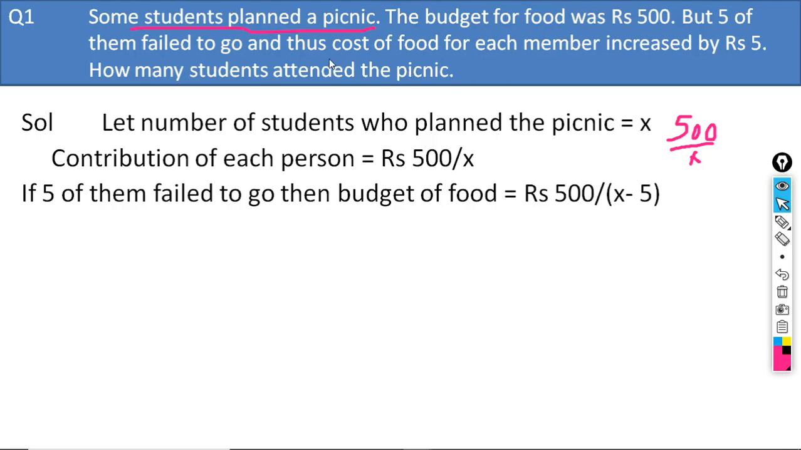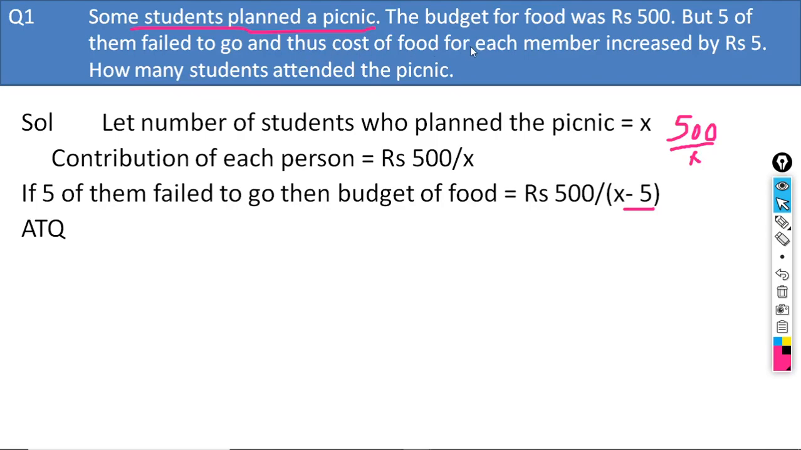In the second case, 5 of them failed to go. Now 5 of them failed to go, so this 500 will be divided among x minus 5 students. So the contribution of each in the second case will be equal to 500 upon x minus 5. Then according to the question,